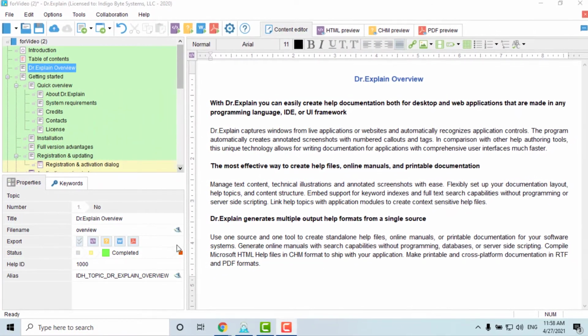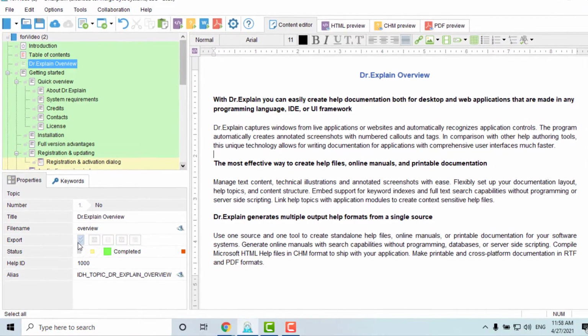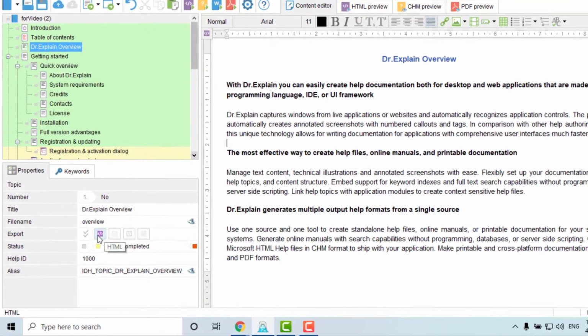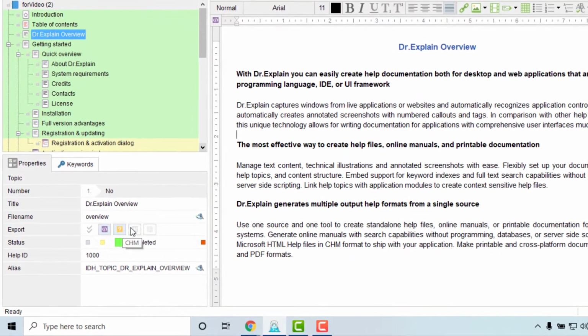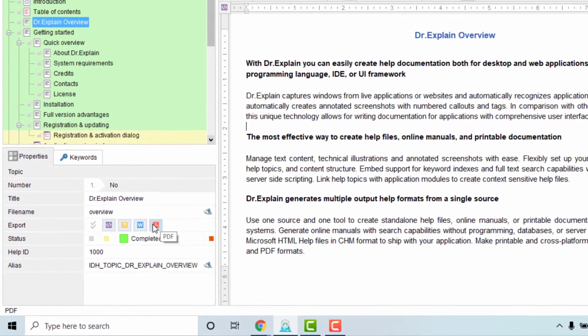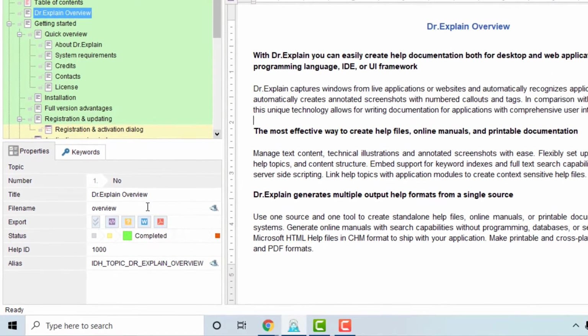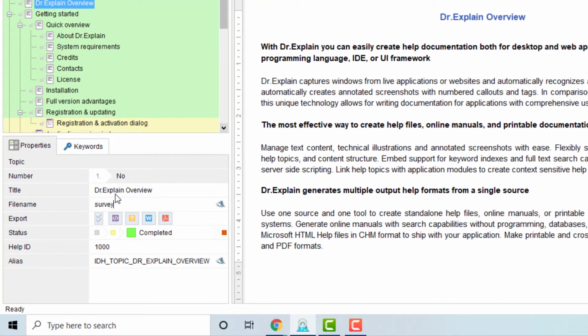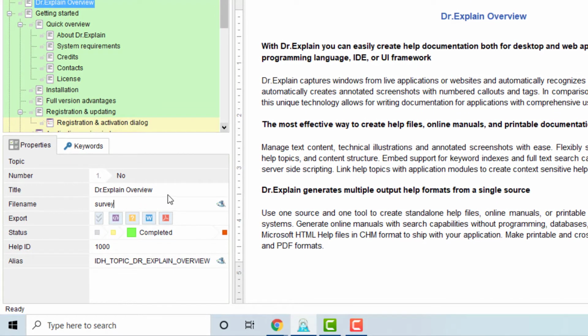For each topic, you can define which format it will be exported to. When exporting to Web Help or Help file format, each topic will be exported as a separate file. File names can be generated automatically, or you can specify them yourself. In the future, you can refer to a specific topic by this name. For example, you can send a user or colleague a link to it via email or chat. It's also convenient to use the topic readiness statuses while you work.